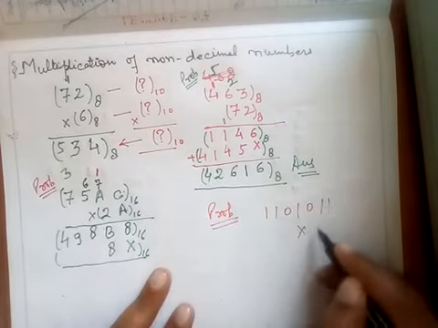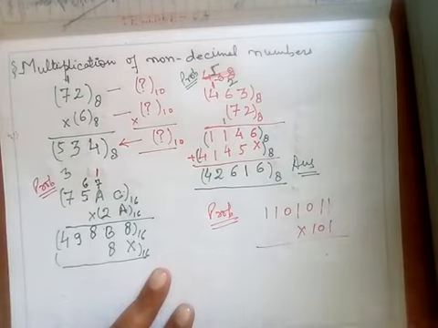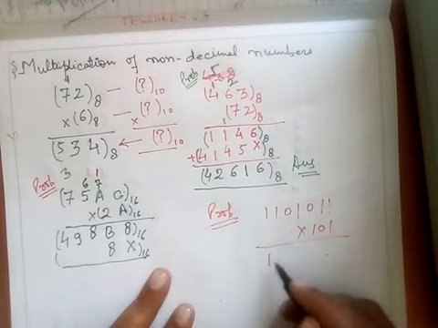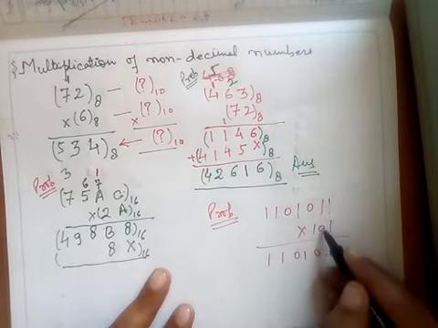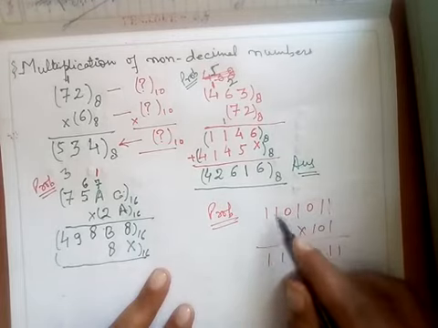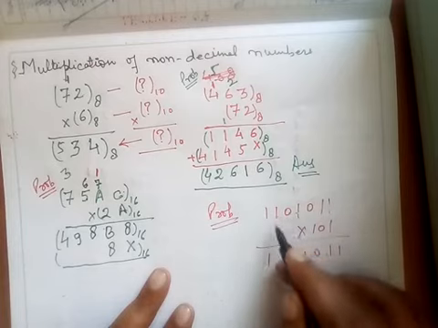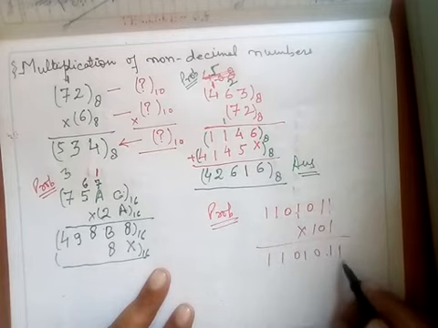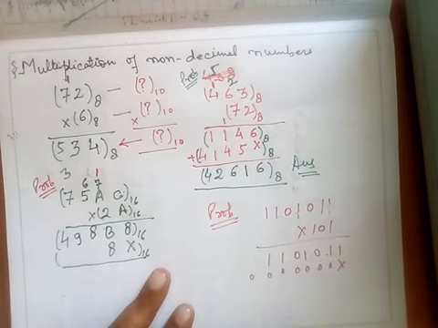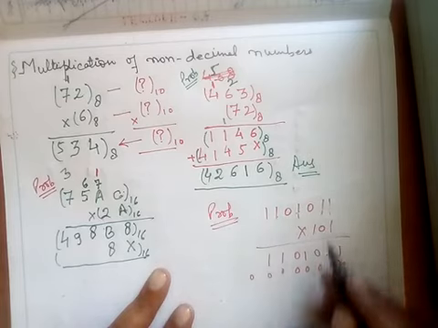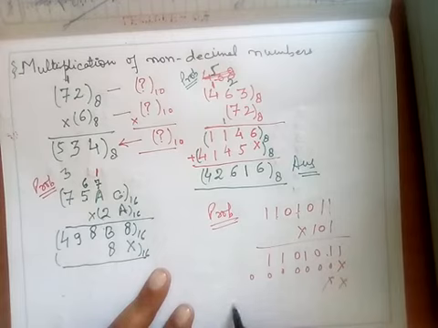110111 multiplied by 101. How will you multiply? 1 multiplied, this factor will be the same, 1101011. Then multiplication by 0, with 7 digits. I put a cross here. 0 multiplied by all these things is 0. Then I'll put 2 crosses here. Hope this is clear to you. And then I write the same digits and you add these numbers. It's homework for you.